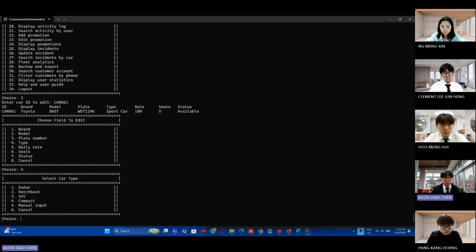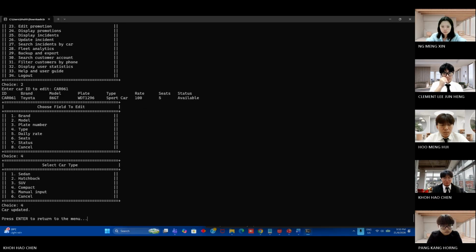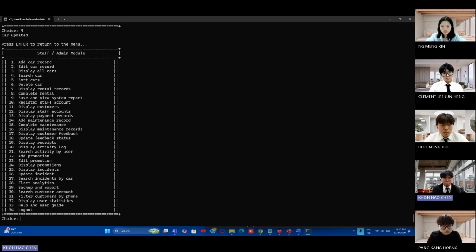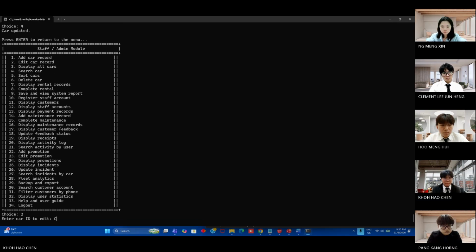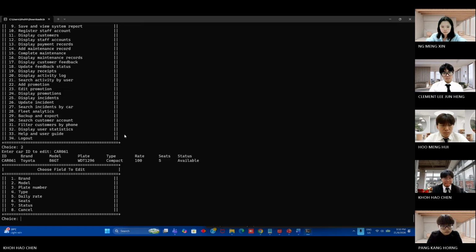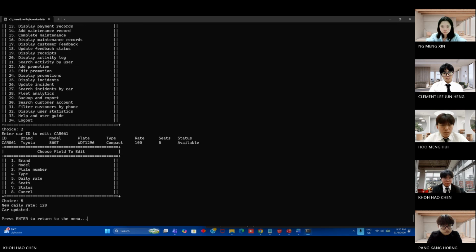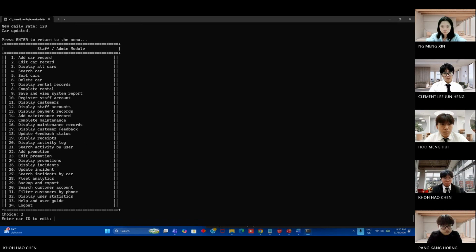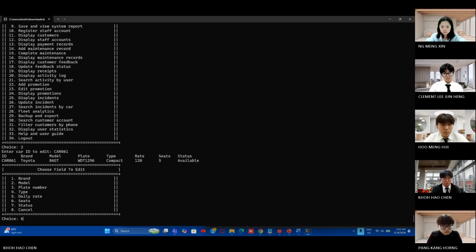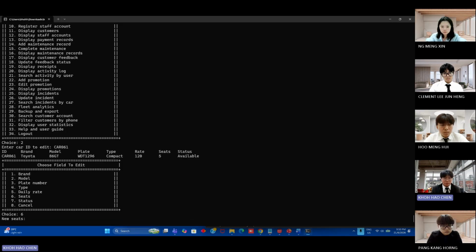So for example, I want to choose compact. Will be updated, so the car will be updated again. So the daily rate. The car will be updated again. Even the seats also.